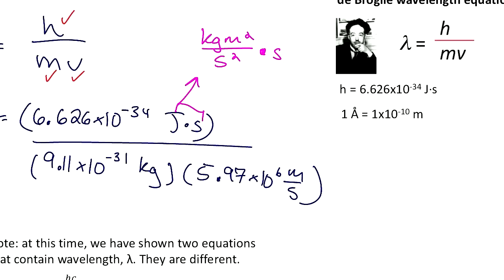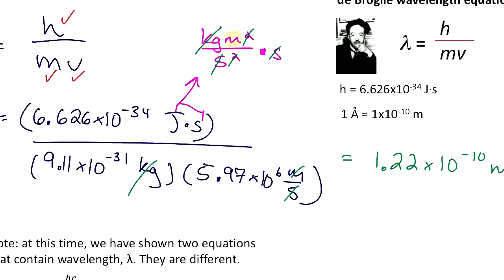So if we cancel out our units, kilograms cancel, one of the seconds cancels, another one of the seconds cancels, and then one of the meters cancels. So what we are left with is in fact a meter, so a length. So yes, this is in fact wavelength. So if you do this calculation, you get 1.22 times 10 to the negative 10 meters is this electron's de